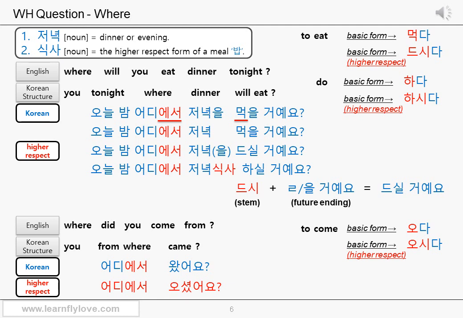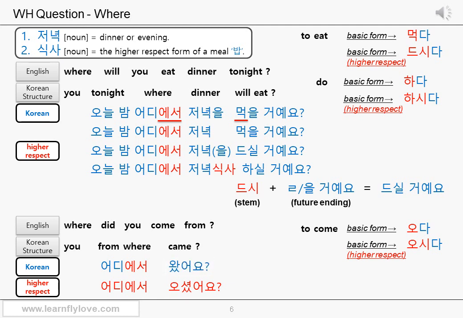Yes, you can use it, but it sounds very foreign. It sounds like direct translation by a 10-year-old Korean boy who just started learning English. It will sound 100 times better if you use the particle 에서 because it can indicate the place of departing, as we learned in lesson 4 part 3. Because departing is also an action. Furthermore, 에서 can also indicate the origin or the starting point of something. So 어디에서